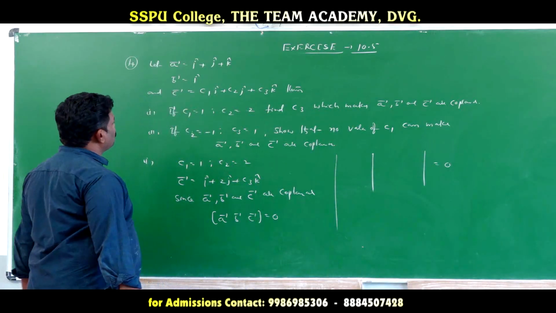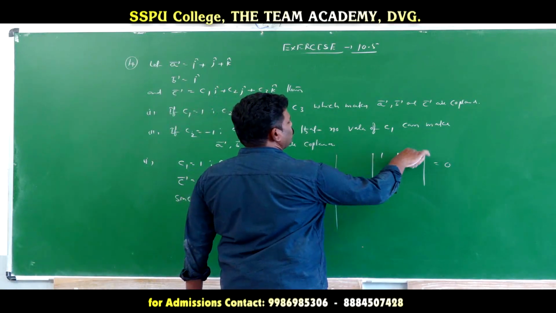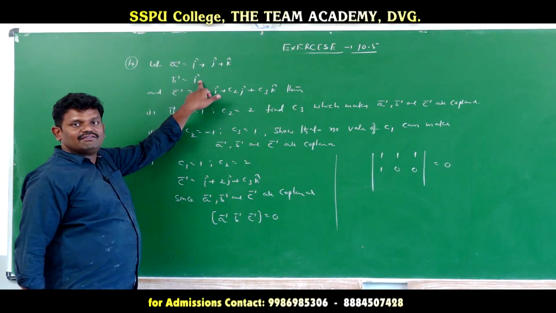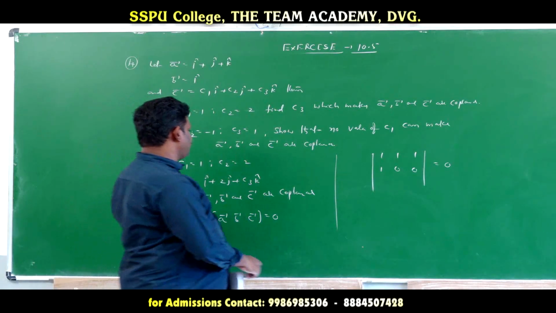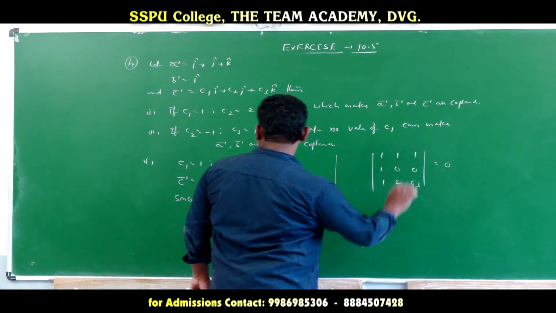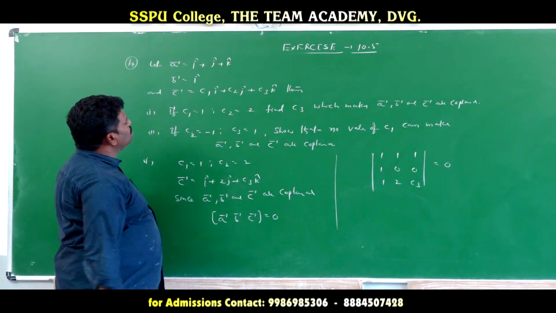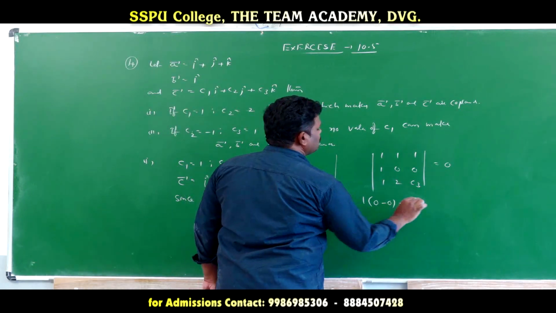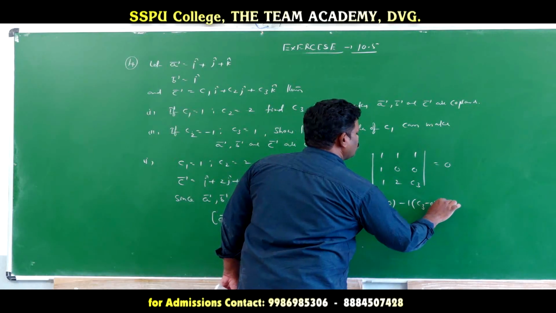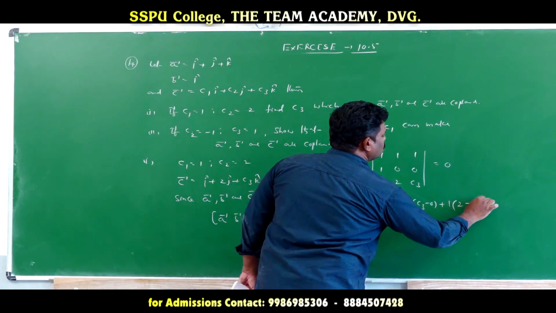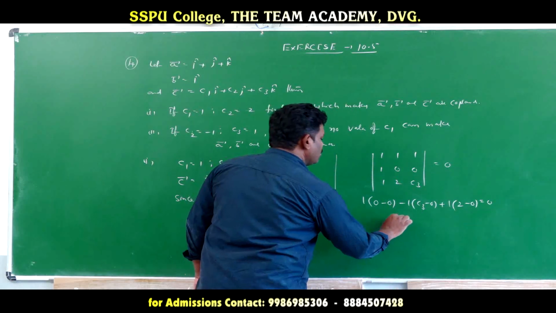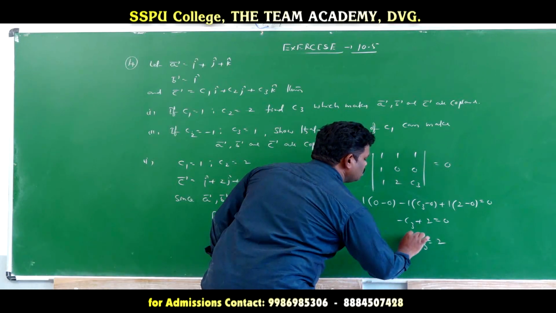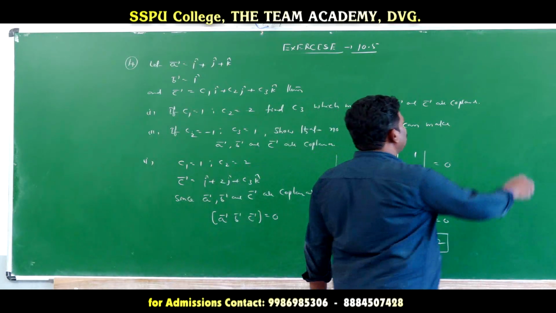So first vector A, vector components, what value? Second vector 1 0 0. Here, see, I only there, J and K value is not there. Next one, what here? C vector, already if you write 1, 2, C3 value. So that's why what we see here: 1 into 0 minus 0, minus 1 into C3 minus 0, plus 1 into 2 minus 0 is equal to 0. Now this value 0 minus C3 is equal to plus 2, then C3 is equal to how much? 2 value. First case, C3 is equal to 2.